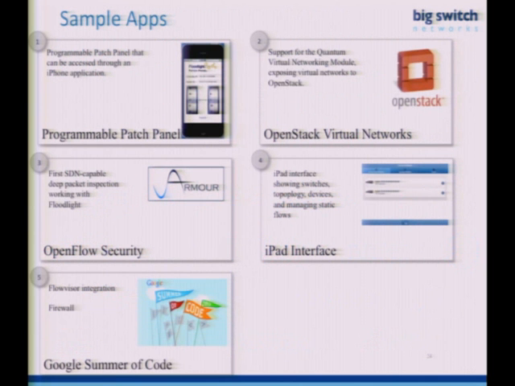A few sample applications have been written, in addition to what Ayaka has written, the integration to FlowVisor. There's also a number of projects, and this is not a complete list. Floodlight has a plugin to Quantum that I hear some people here might be using. It's implemented as a REST proxy interface. Quantum is not really, is just a shim. Quantum doesn't actually do anything by itself, so it needs a controller to actually manage the network. And so we've delivered a plugin that sits on the Quantum server that will take in API calls from Quantum